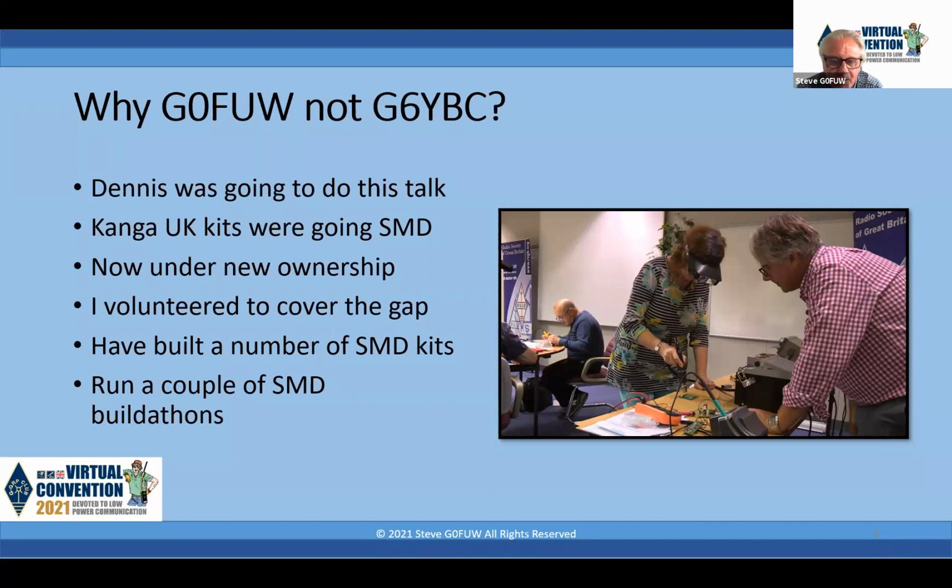But joking apart, I have built some kits, and I've even run a couple of surface mount buildathons. Witness the picture on the slide there. That's Ali Hughes, whose call sign evades me, but I know Derek, her husband, is G7LFC, a supporter of Liverpool Football Club for his sins. So that was Ali's first attempt, certainly, at surface mount construction. I'm not sure if it was the first attempt at all construction, but we had quite a number of people